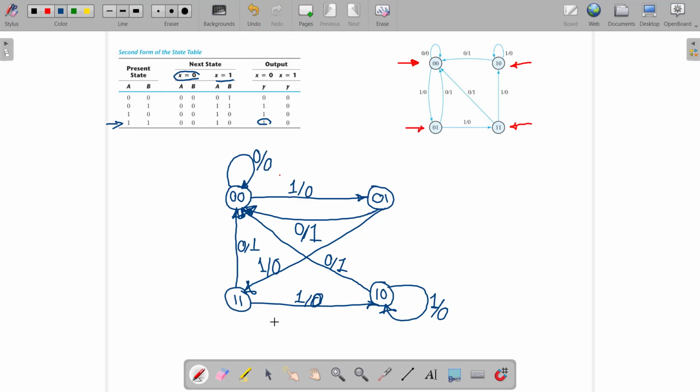So you can see that I could derive the state diagram. This is also a state diagram of the same table, and this is also a state diagram of the same table, and both of them are correct. So it doesn't matter which combination you write at which circle. In this form you can find the state diagram. At the end, after finding the state diagram, the analysis process of the sequential circuit is finished.